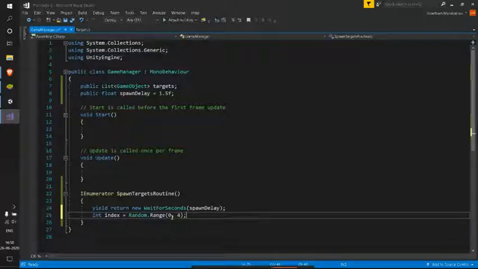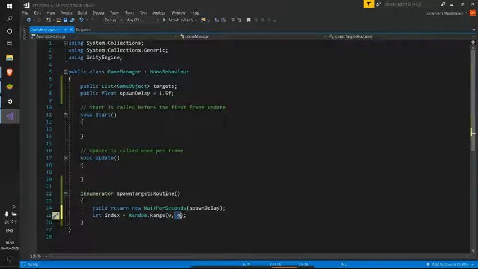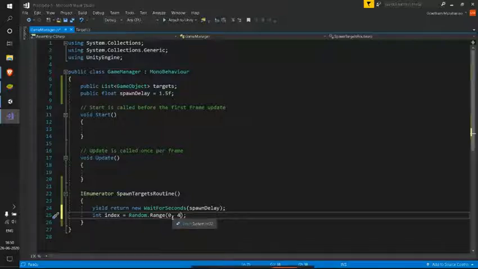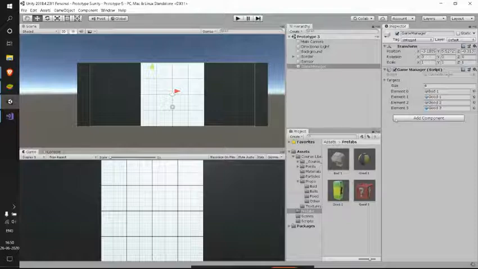As I have given integers, the smaller one is inclusive, whereas the larger one is exclusive. So I'll be able to generate only 4 values, which are 0, 1, 2 and 3, which is pretty fine because I have only 4 elements.